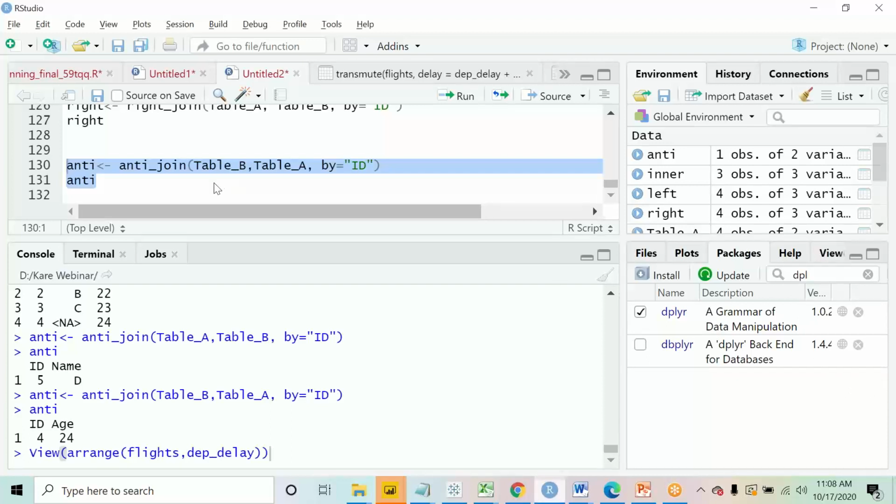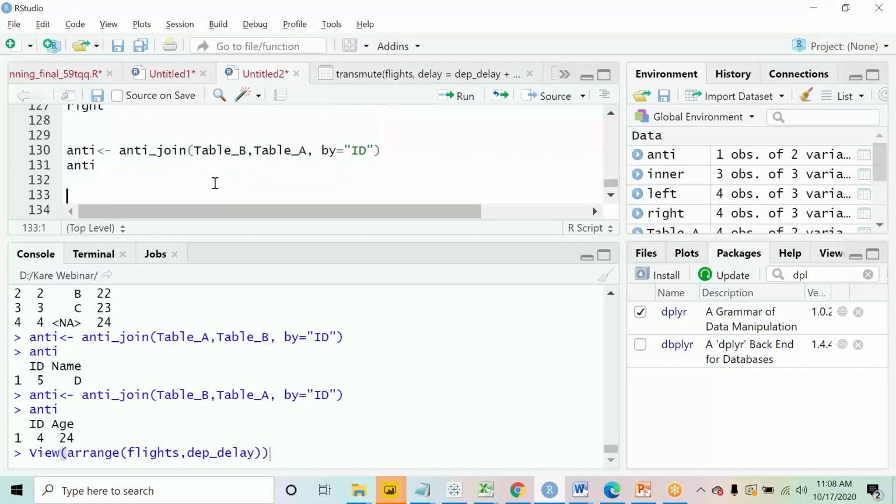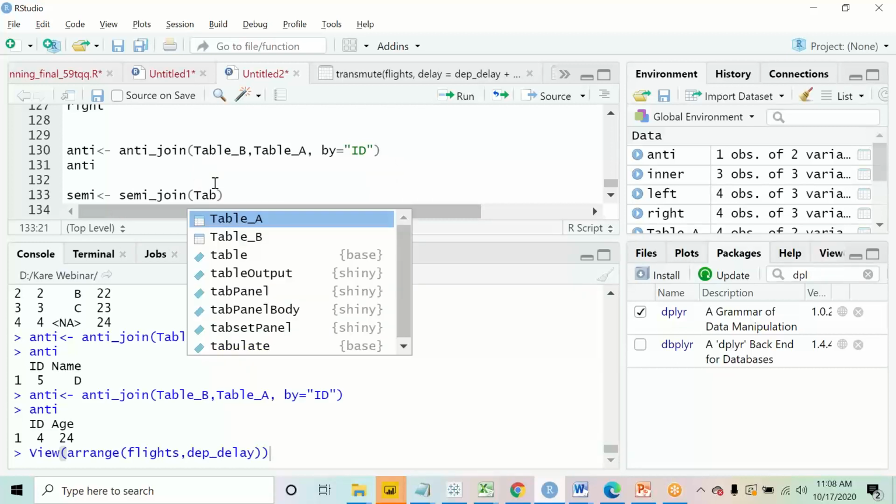Okay. Let us move to the last join, that will be the semi join. I'll create a variable by the name semi and use semi join over here. What does the semi join give us? It gives us the matching data, but from table 1.